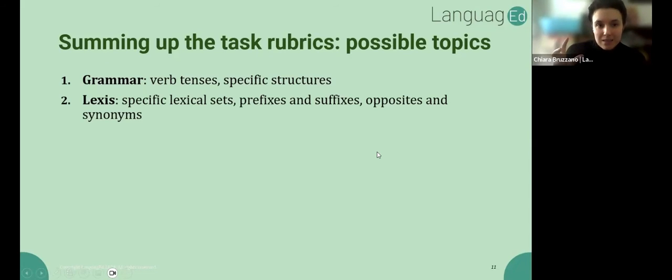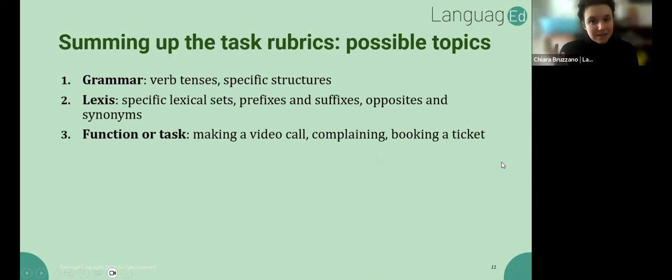Two, lexis. Obviously lexis and grammar might go together as well, but let's separate them just for the sake of clarity. So you might get specific lexical sets, prefixes and suffixes, opposites and synonyms. This has all happened at previous concorsi. You might also get a function or a task, something a bit more practical. When I say function, I mean a communicative function, like complaining or making a request, or a task, maybe something like making a video call